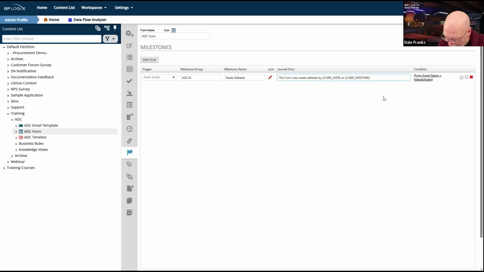Because I think I will be the current user when I click the checkbox. It will save my name as the milestone text. And once the milestone text is there, it's set in stone.